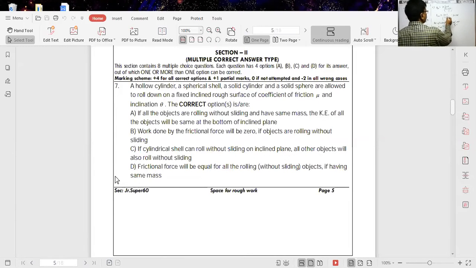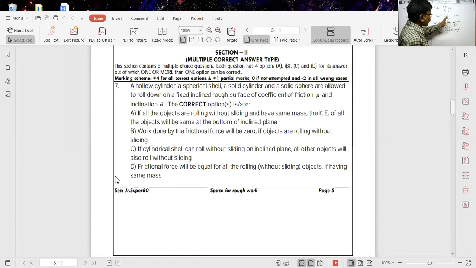Okay, for all other bodies, if the cylindrical shell rolls without slipping, then the coefficient of friction minimum, mu minimum, is equal to tan theta by 2. For other bodies, suppose you take the solid cylinder, this becomes 3 by 2, because for solid cylinder r square by k square is equal to 2. That means this becomes 1 plus 2, 3, because in case of solid cylinder, mr square by 2 is equal to mk square. If you substitute 2 here, it's tan theta by 3, so the mu value is further less.